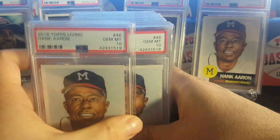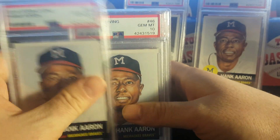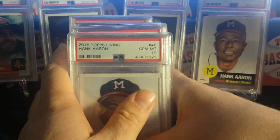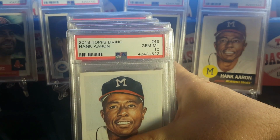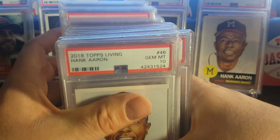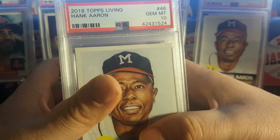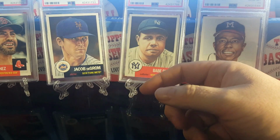I am single-handedly destroying the population of this card, dropping the value with every 10. How common is this? Alright, that's a good run right there, folks. And that's Hank Aaron, that's not Kevin Pillar, so... I mean, I'm hoping I can get 30 bucks a pop for these. You know, if you do the math on 390 cards...